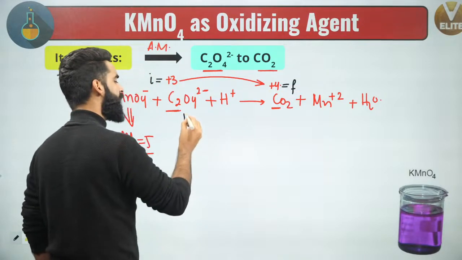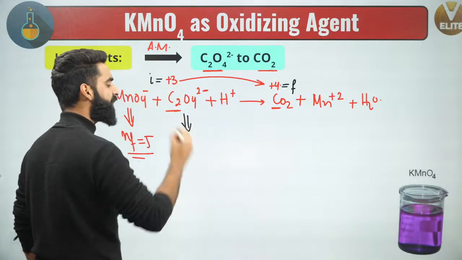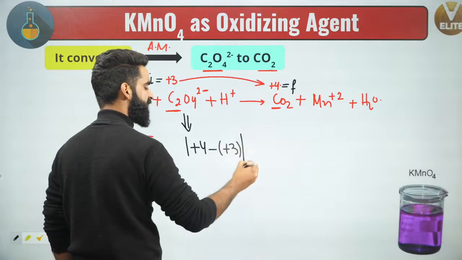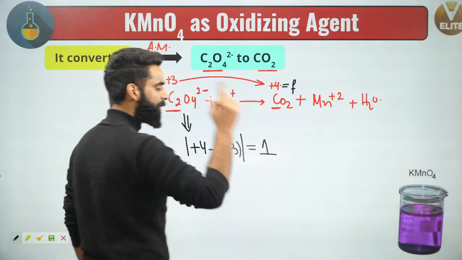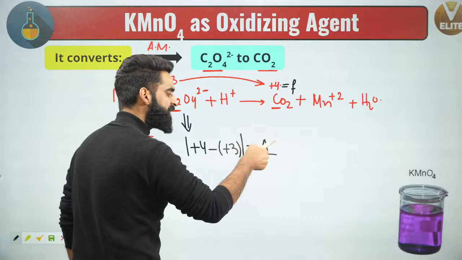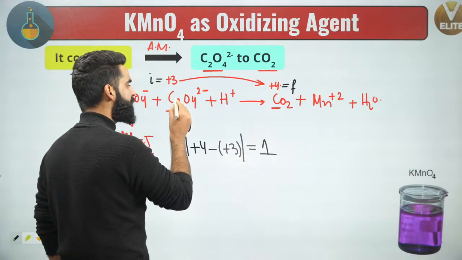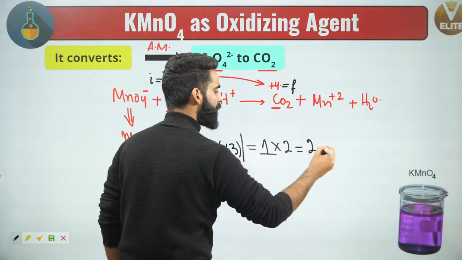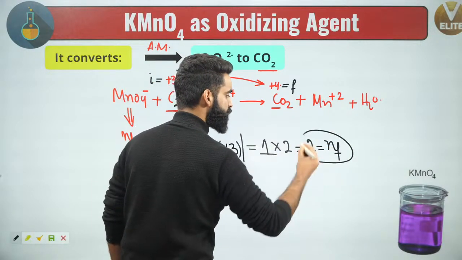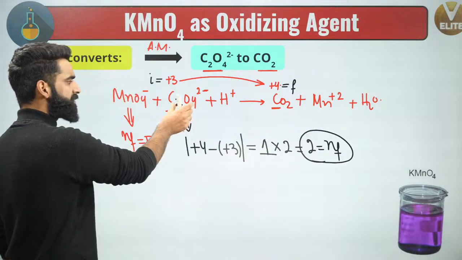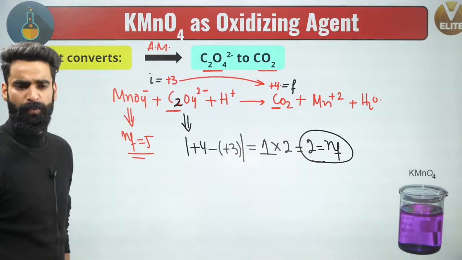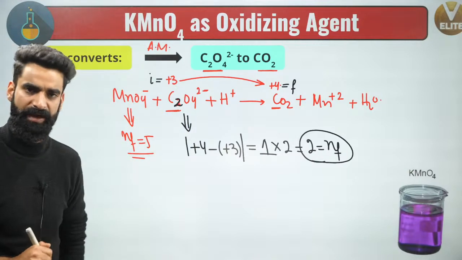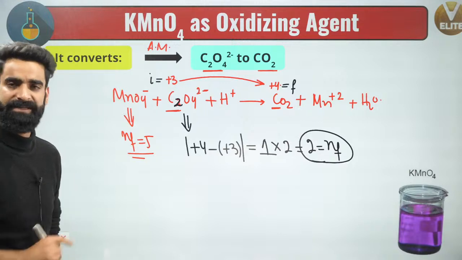People, if I want you guys to calculate the change in the oxidation state of carbon, you will say final oxidation state of carbon minus initial oxidation state of carbon, just take mod of it, the value will be coming as 1. But this one is the change in the oxidation state for one atom of carbon, and I have two atoms of carbon, so I'm multiplying it by 2. So N factor of oxalate ion in this reaction is going to be 2. If you got the N factor of oxalate, you can simply calculate its equivalent mass by dividing its molar mass by its respective N factor. Very simple. This was our second reaction.